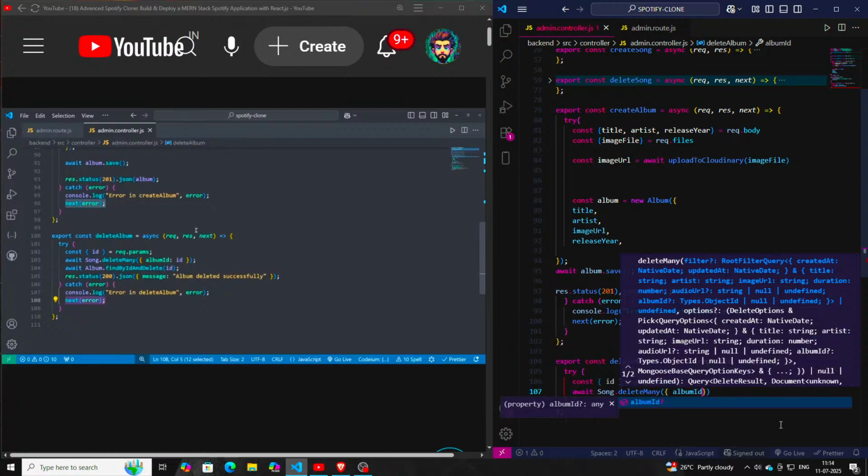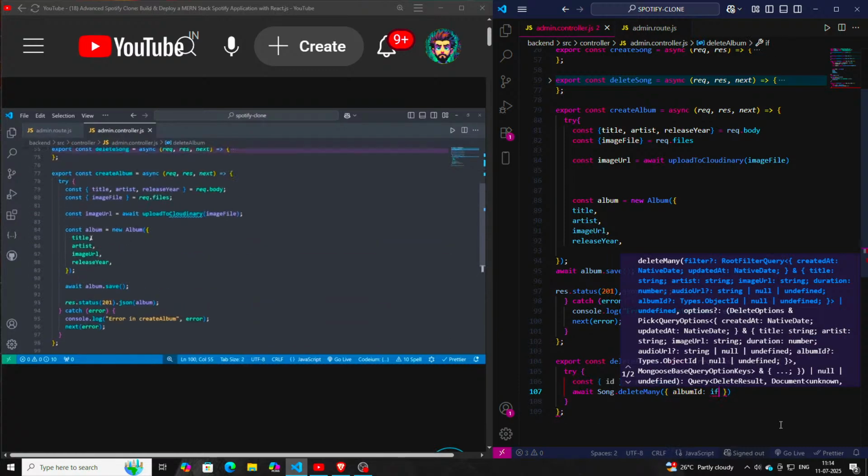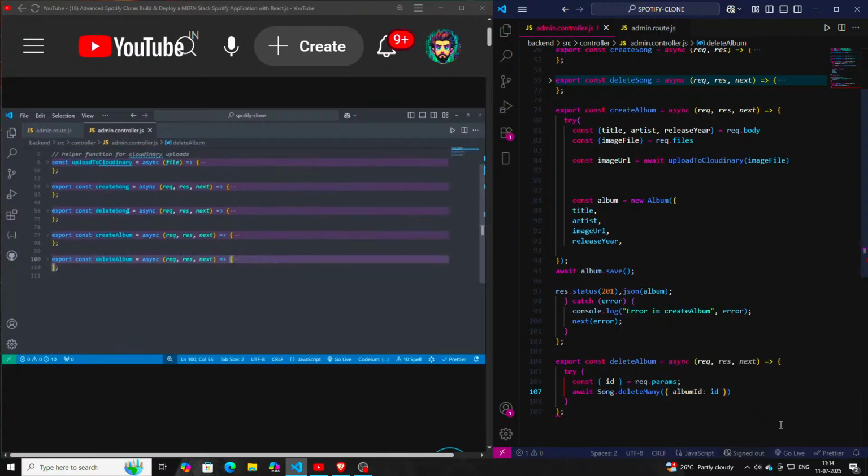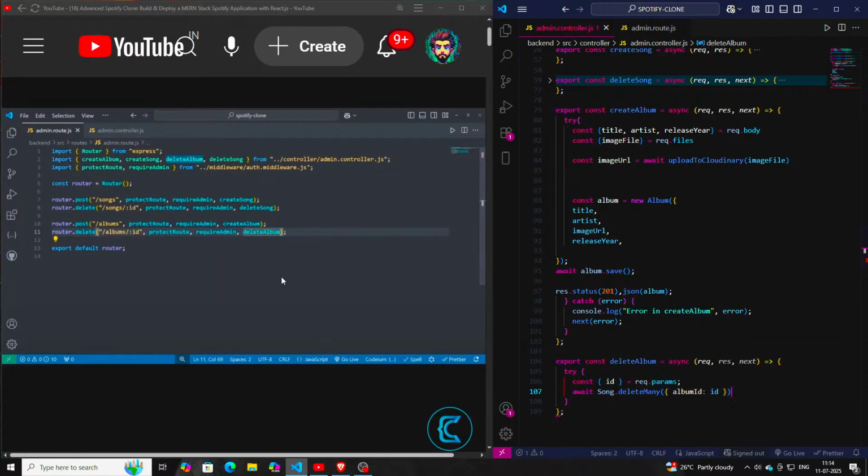Okay, so I think with this we should be good to go with the controller functions for the admin. Now there is one more